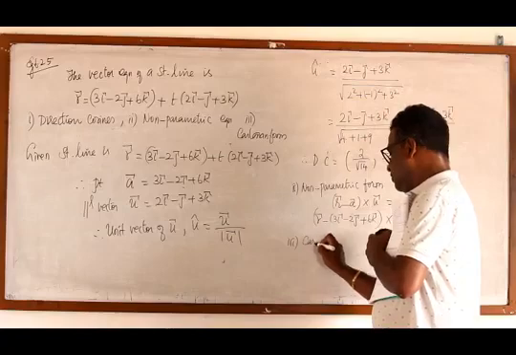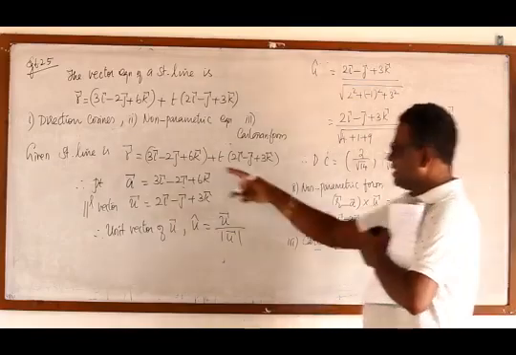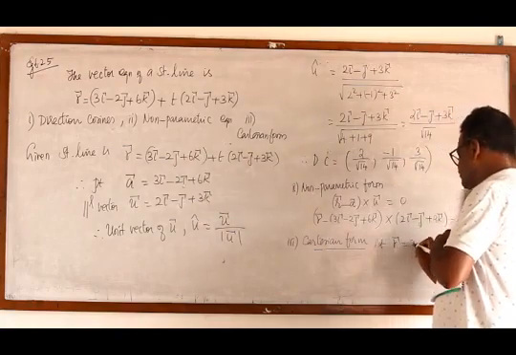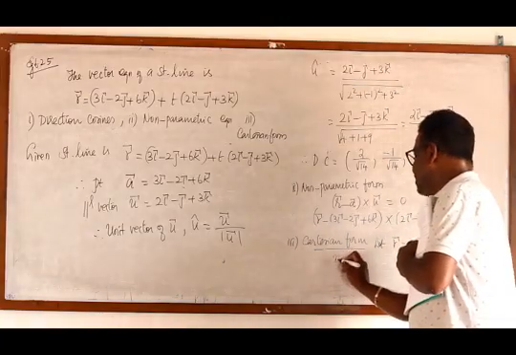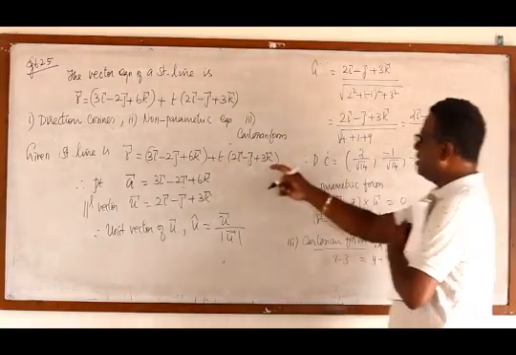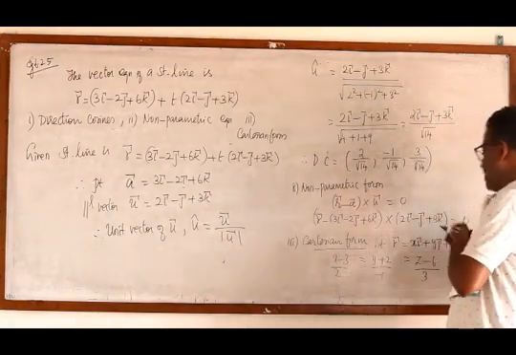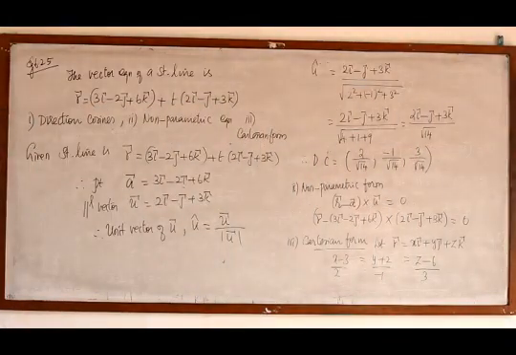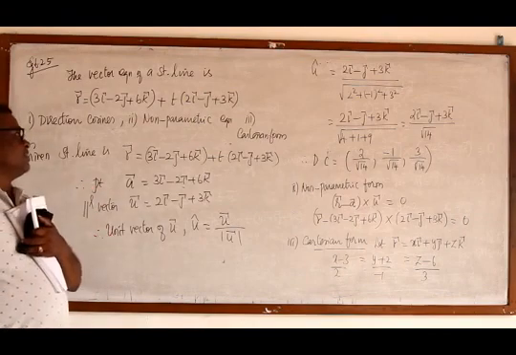Then third one, Cartesian form. Can you say it straightly? These numbers will be subtracted. That is, let r vector equal to xi plus yj plus zk. Then the Cartesian form is x minus 3, isn't it, y plus 2 equal to z minus 6. These numbers will be the divisors. So by 2, by minus 1, by 3. This is the Cartesian form. With that, this problem is over. So example 6.25 is over. So from this we learn how to find the direction cosines from this problem.